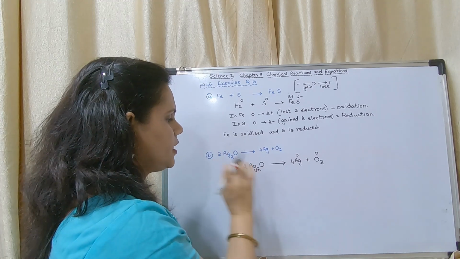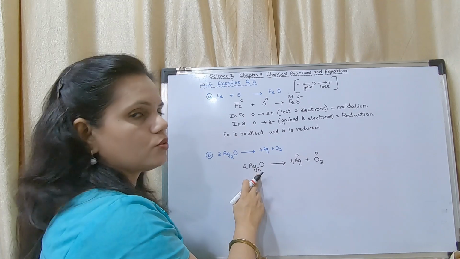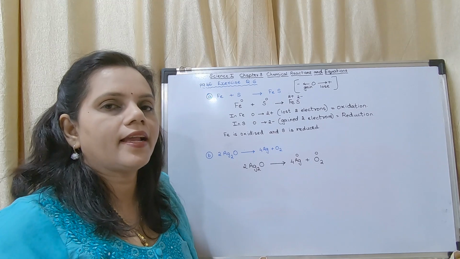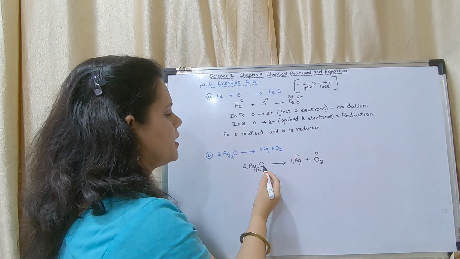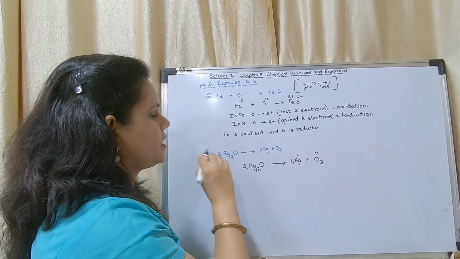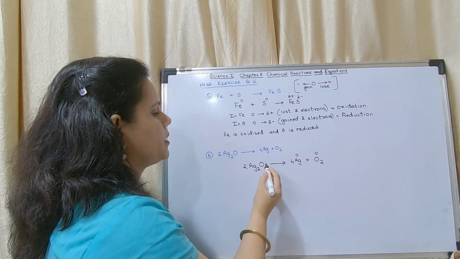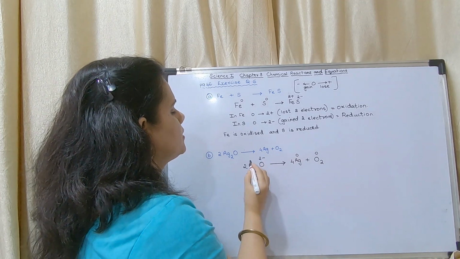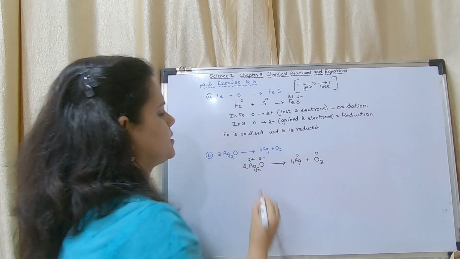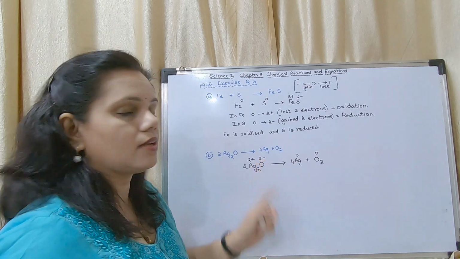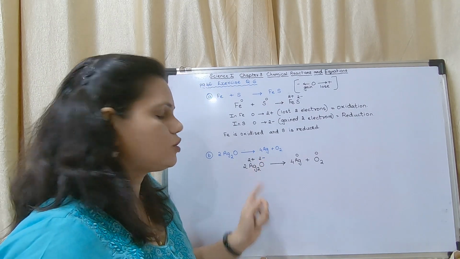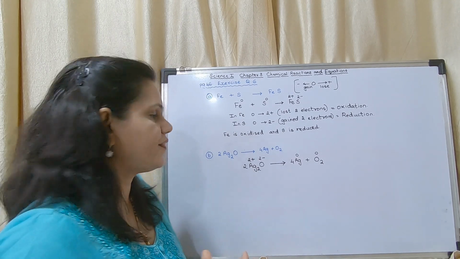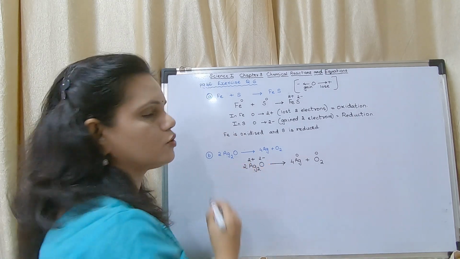Okay, so here the valency of oxygen is 2, the valency of silver is 1. They are written opposite. Do you remember? Okay, the valencies are written opposite. There is no number here, means it is 1. So this will be 2 minus and this will be 2 plus. Otherwise remember that minus is always towards the right hand side and plus is towards the left hand side. You may remember that way, if you are finding it difficult. Okay, so this is 2 minus 2 plus.